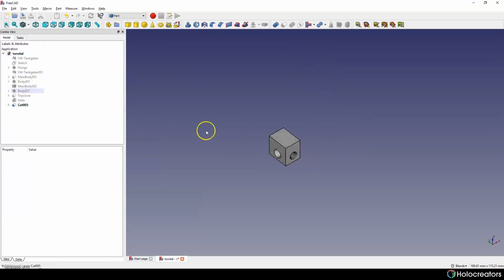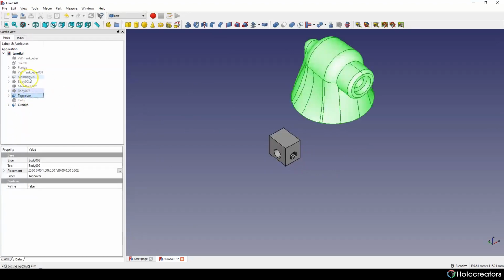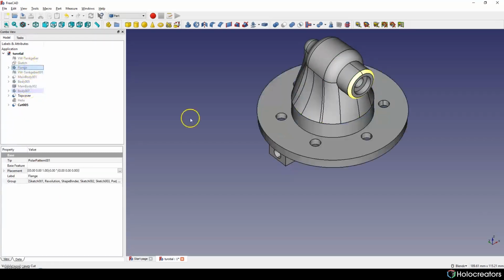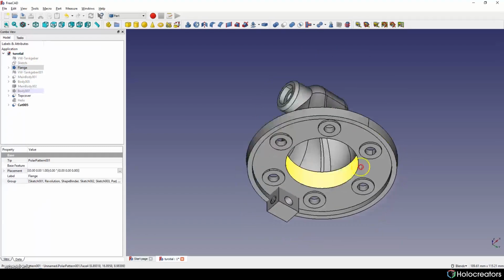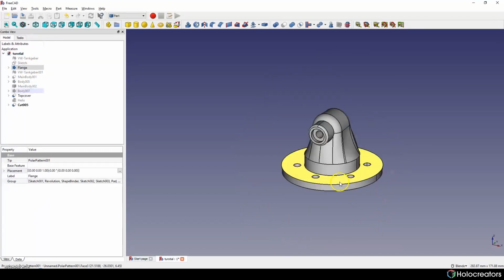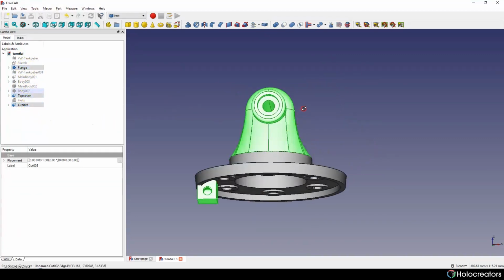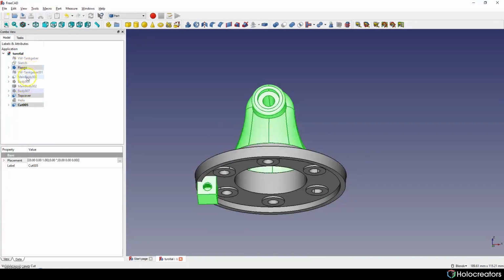So basically this is all done, only I think we can choose all our parts and connect them together. I think we can use Boolean operation as well.